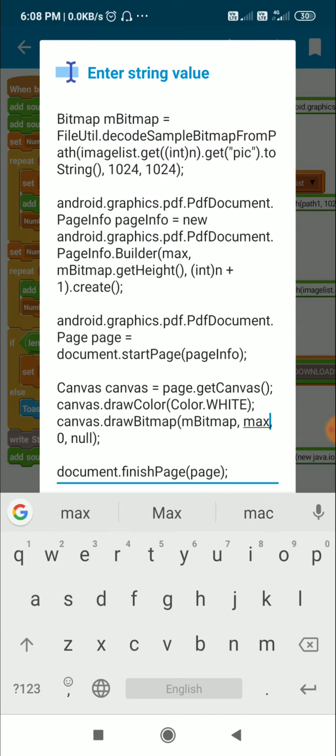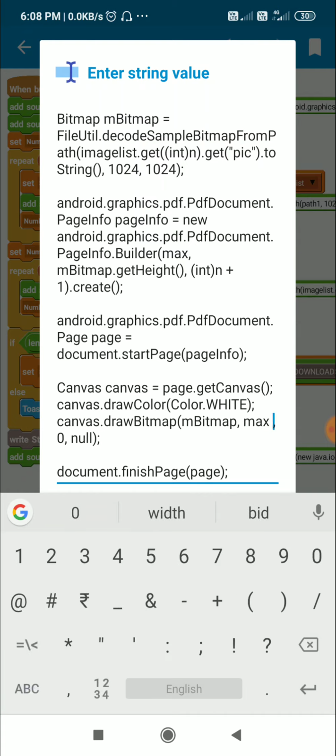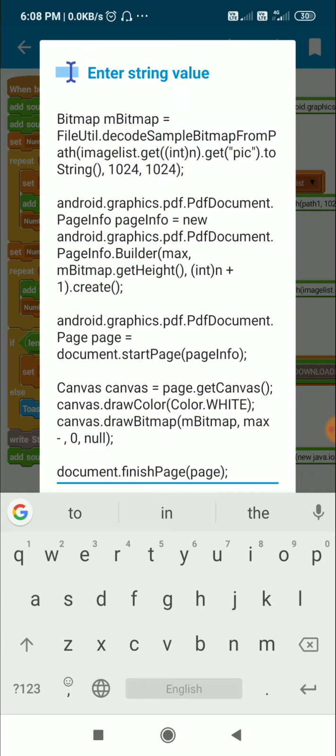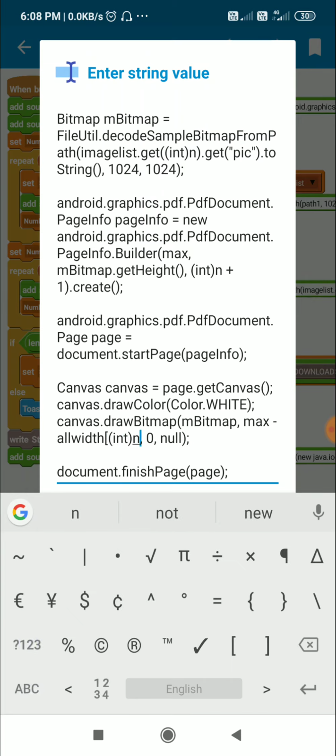So here I will write max minus width of image. Width of image will be all width int n. This will be width of image.